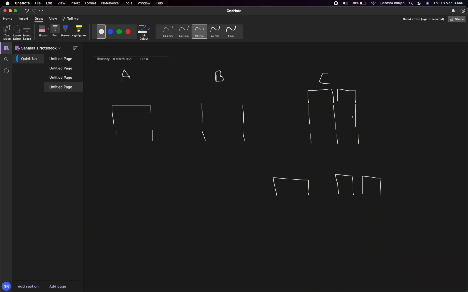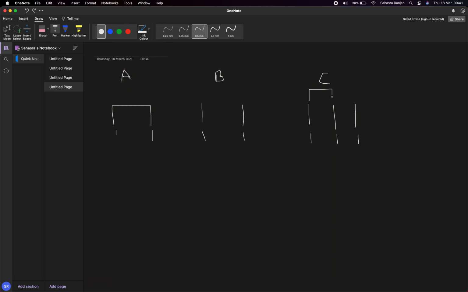Why not other cases? For C we have three cases. You cannot just close this, because this will then be counted in A already, so this will be overcounted. You have to make sure that at least one of these is extended.